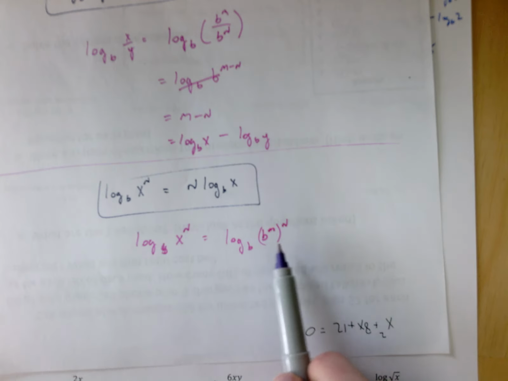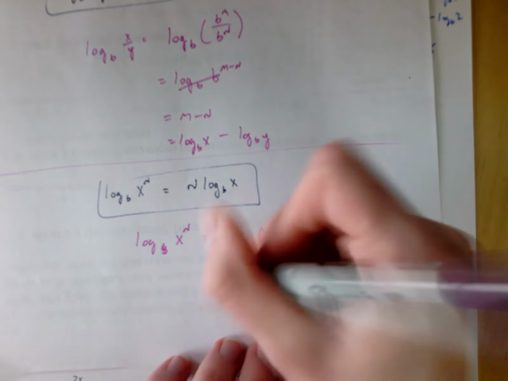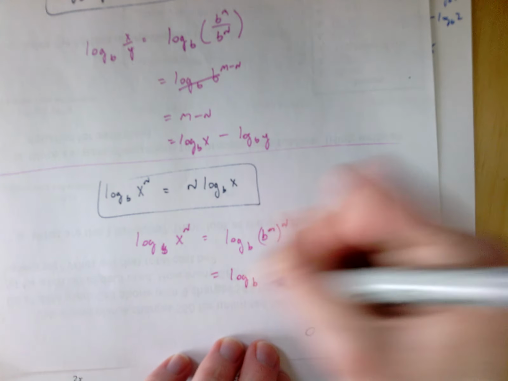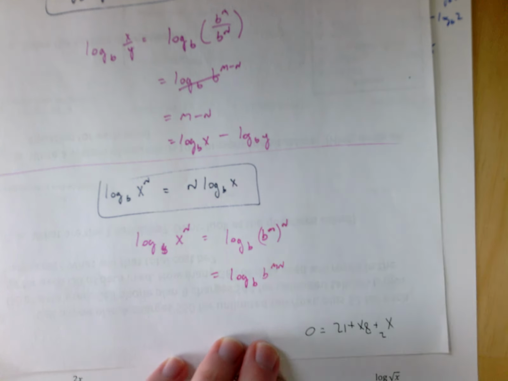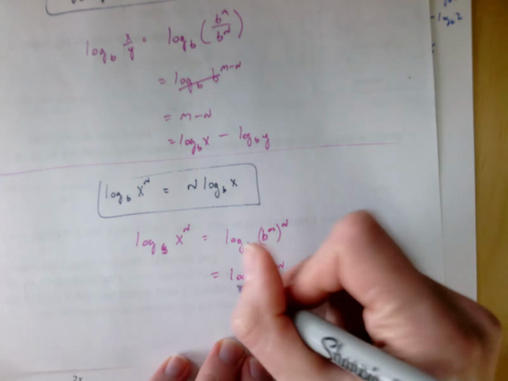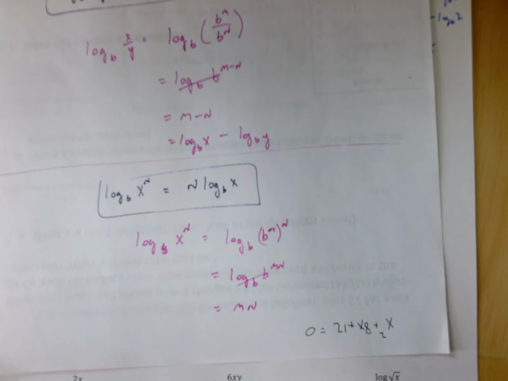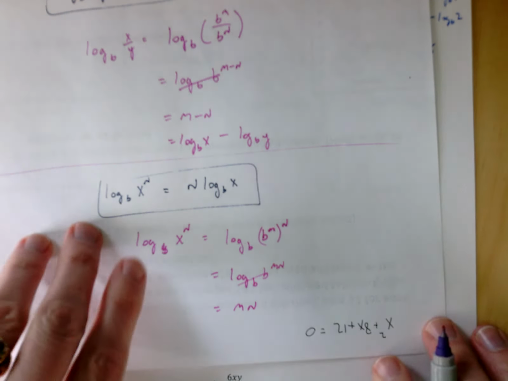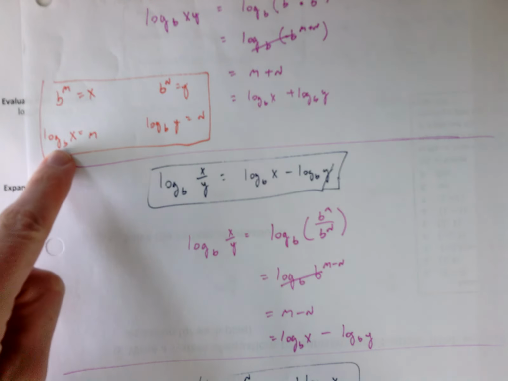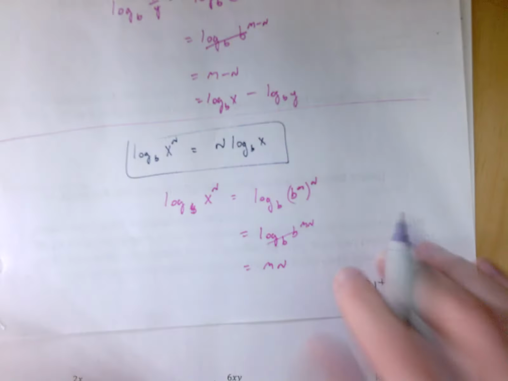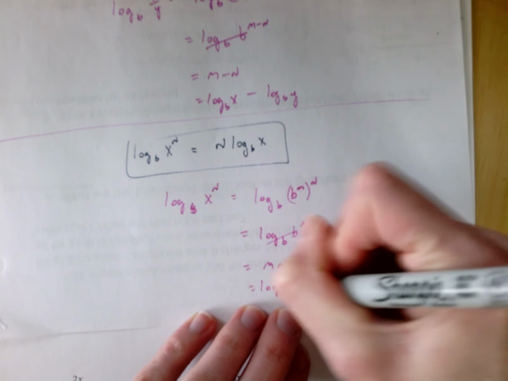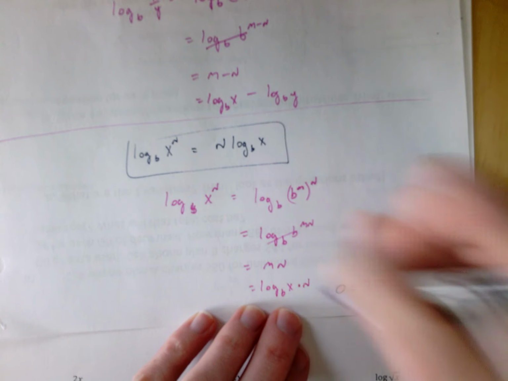Okay, well, then there's a rule with exponents. Exponent rule says I can rewrite this and multiply m times n together. So this is the same as log base b of b to the mn power. Okay, here's that same property. Those guys cancel each other out, and that leaves me with just m times n. Okay, but m, remember, is this guy up here. Okay, so I can make that substitution and say this is the same as log base b of x times